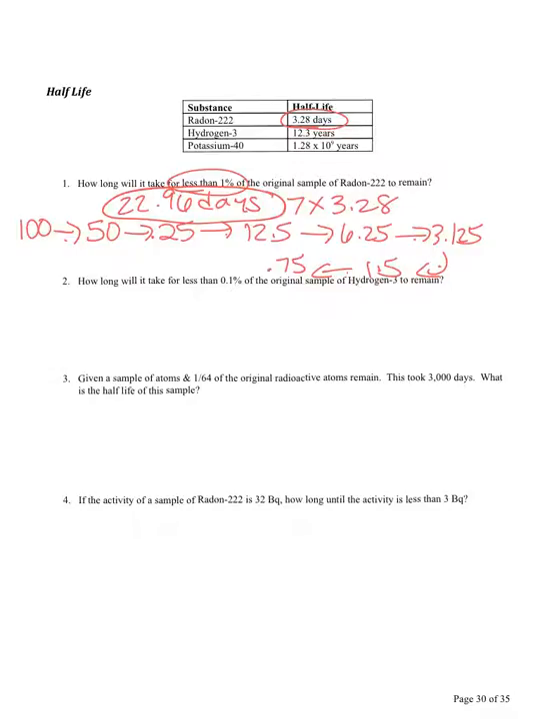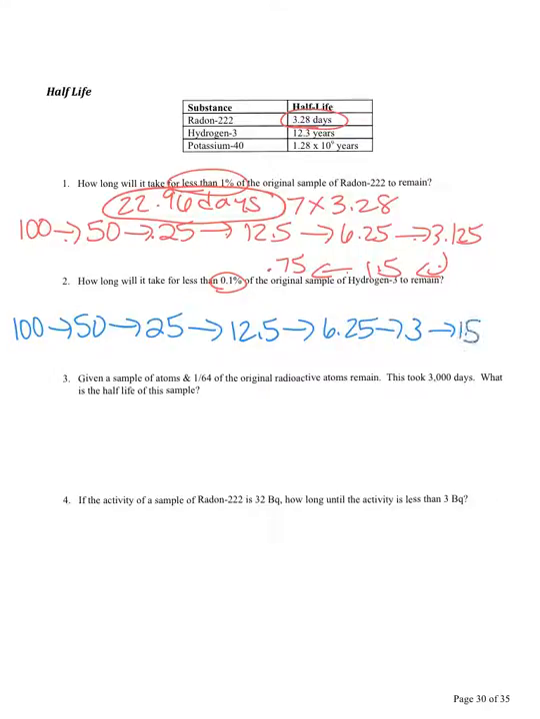Next, it says, how long will it take for less than 0.1% of the original sample of hydrogen-3 to remain? So I'm going to start again with 100% because that's a percent one. I'm doing the same process that I did before. And I keep going, 6.25, 3.125, 1.5, 0.75,